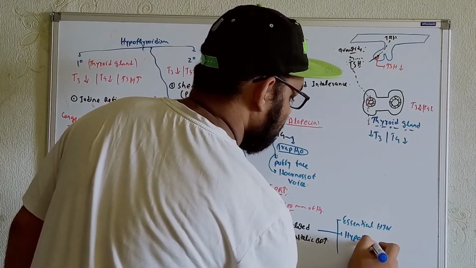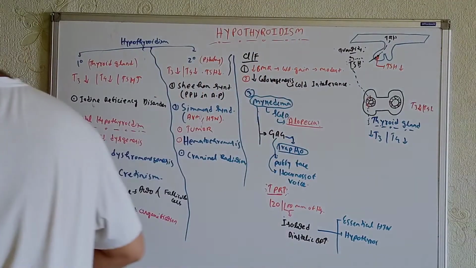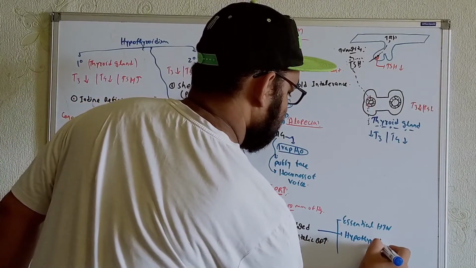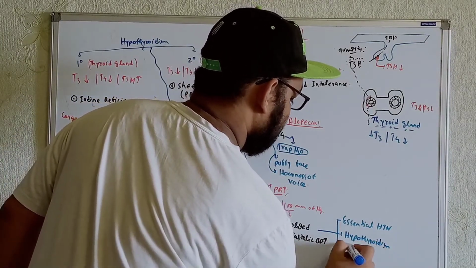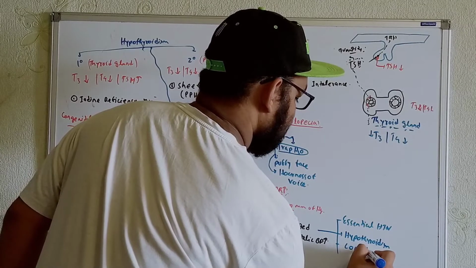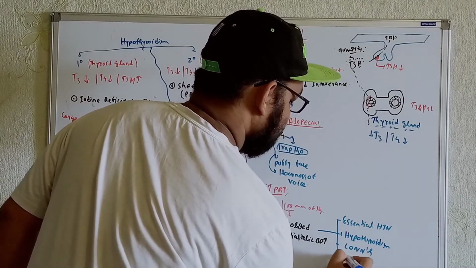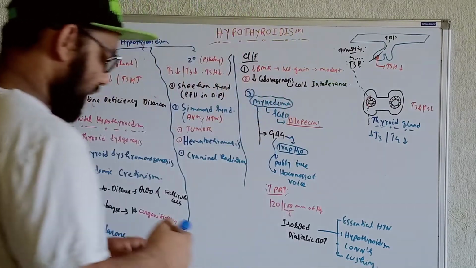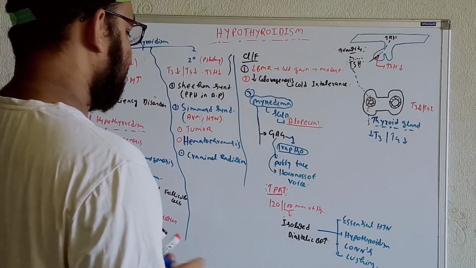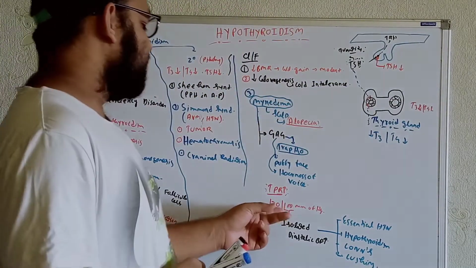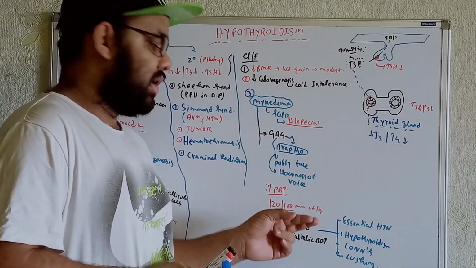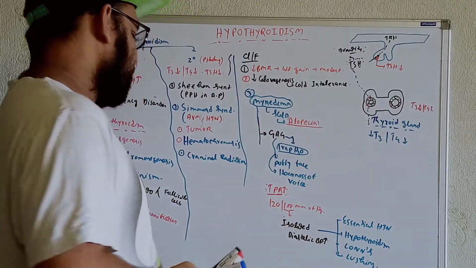We can also get it in Crohn's disease, and in Cushing syndrome. We get the isolated diastolic BP increased here. The systolic BP is normal, but we are getting elevation in the diastolic BP. So we can say the isolated diastolic BP will be increased.